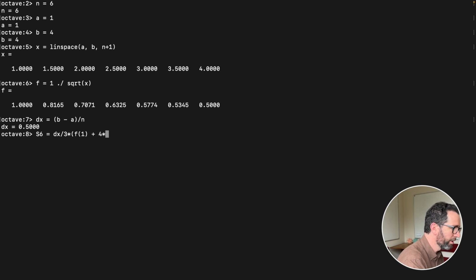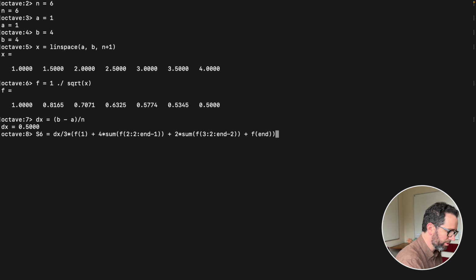So it's going to be 4 times the sum of f of 2, and we're going to go in steps of 2, and we're going to go to, let's see, the second to the end entry. And then for the other entries, the odd numbered ones, we're going to go 2 times the sum of those, so it's going to be f of 3, step 2, and that one's going to end at 2 from the end, again in steps of 2, and then we have to add on our final entry,